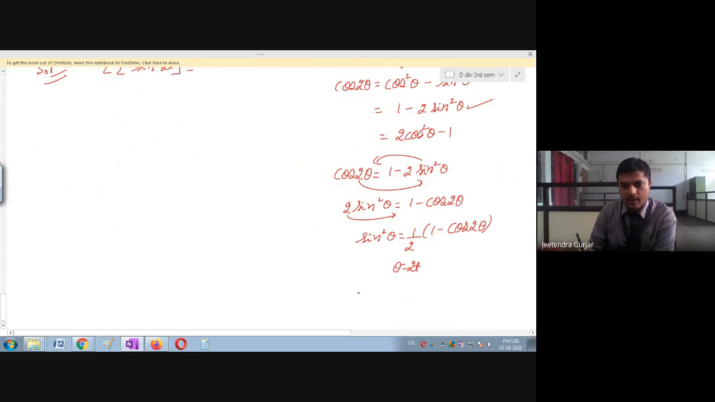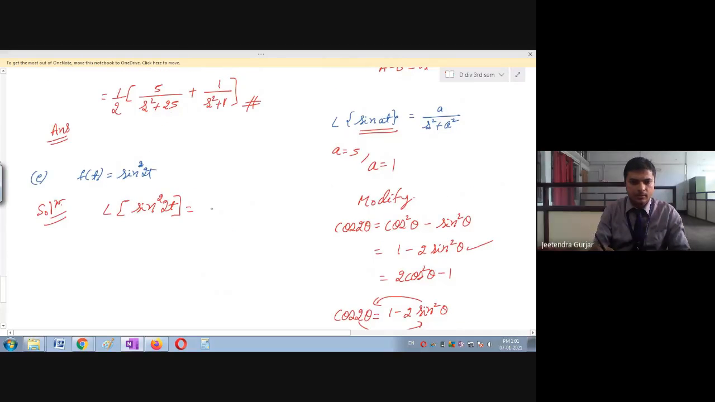So this is going to become sin square 2t is equal to 1 upon 2 (1 minus cos 2 theta). Already 2 is there, and I am substituting 2t again, so 2 into 2 will become 4. Therefore, you can use this value. So this is going to become 1 upon 2 (1 minus cos